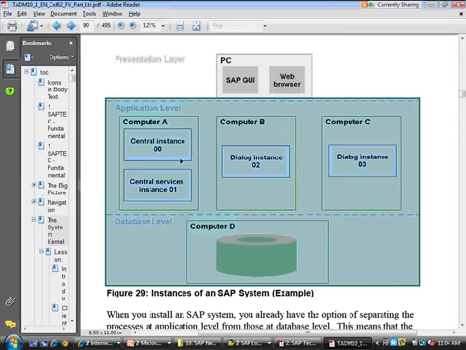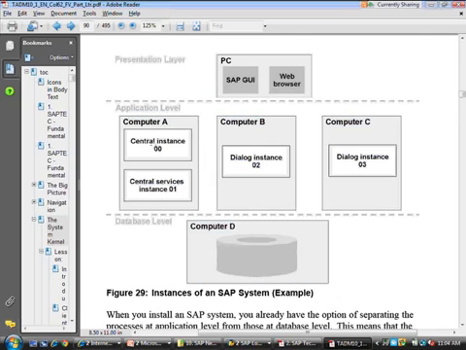And as mentioned, an instance always has a 2-digit numerical number if it's an SAP instance. And this one machine has 2 instances running, but there is no instance which can run on 2 machines. So they made that statement and it's evident here. One instance cannot span across 2 machines, but one machine can have 2 instances running on it.